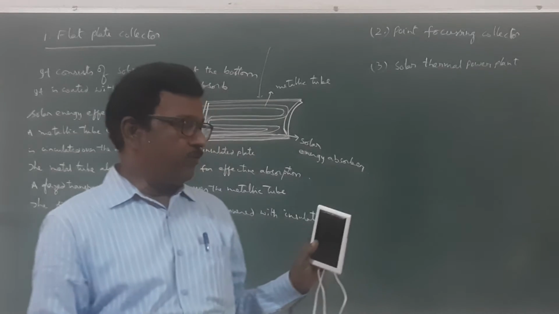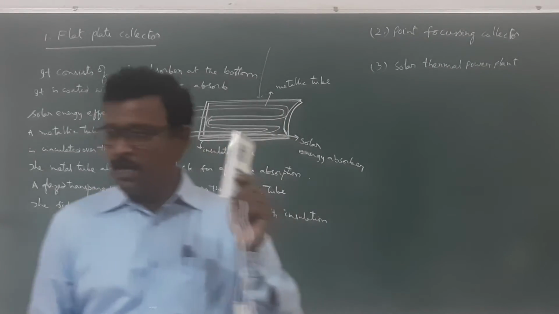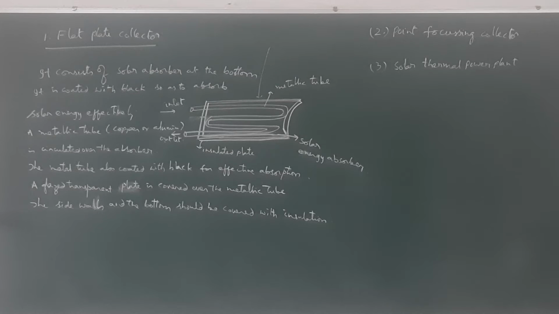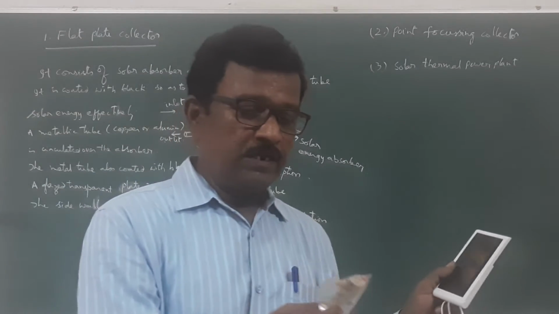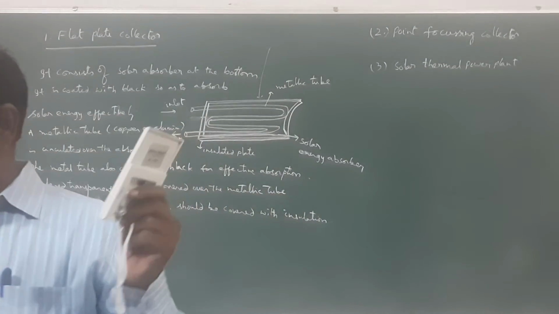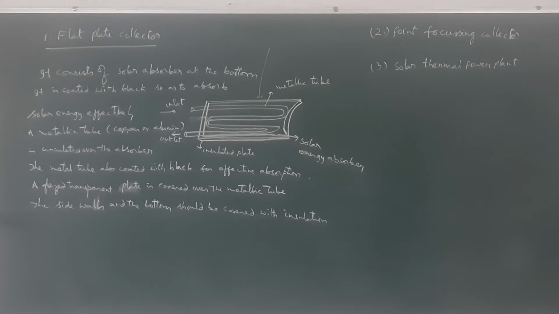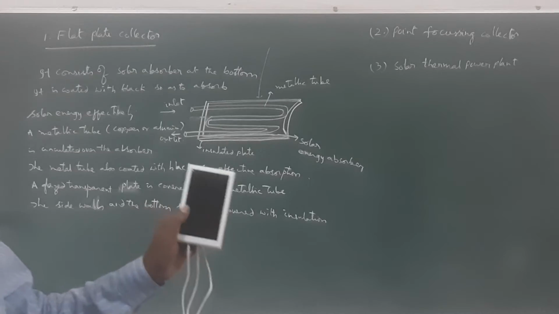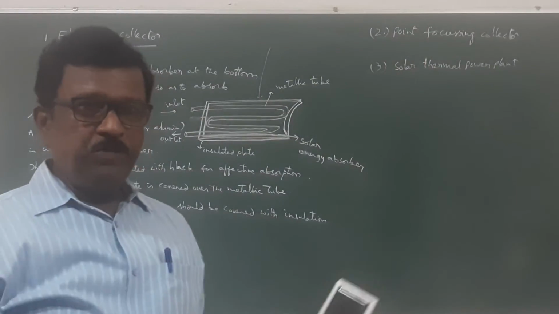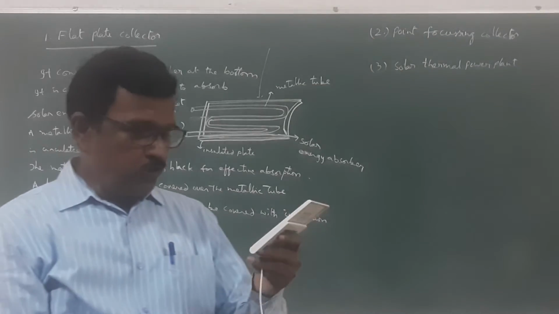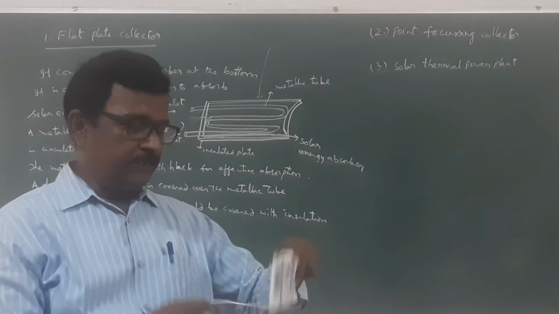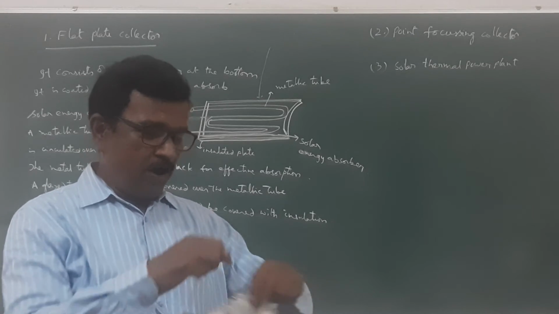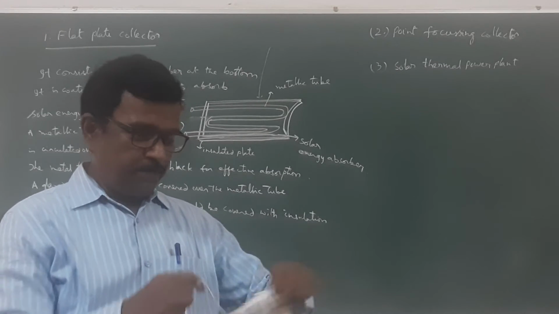You can try whenever you get solar radiation, and the same energy can be utilized for lighting these LEDs. LEDs can be lighted by using this solar light, and even small electrical appliances can work with this small solar panel. If the area of the panel is more, then it can produce a large amount of solar energy, and it can be utilized for different domestic purposes.